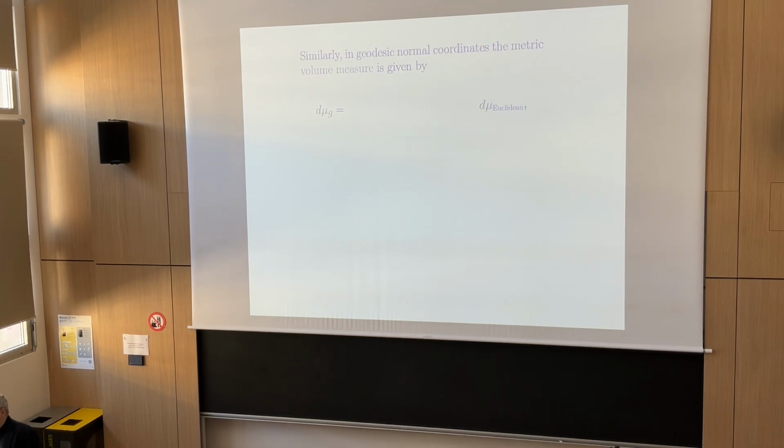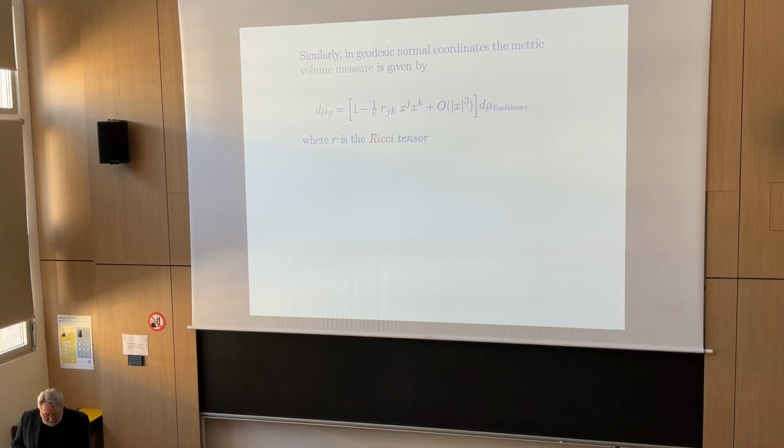Now, Ricci curvature is not fundamentally the study of distances. It's about the study of volumes. If in these same geodesic normal coordinates we ask, well, what does the volume form or the volume measure of the Riemannian manifold look like compared to the Euclidean one? To lowest order, they are actually the same, and then there's a quadratic deviation, and there are higher order terms. So here there is some function, I'm just describing its Taylor expansion. The quadratic terms define a certain symmetric quadratic form on the tangent space at the base point, and that's exactly